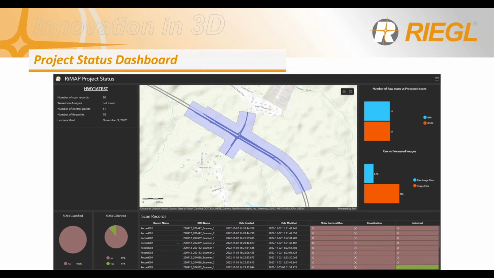processing. We also have some more information down here on the individual scan records themselves. We have things that show if noise removal has been run or if classification's been done on which individual record. And the same thing kind of over bringing from the left hand over, how many of these records have actually been colorized. So this is going to be a really quick way for you guys to be able to actually see that information